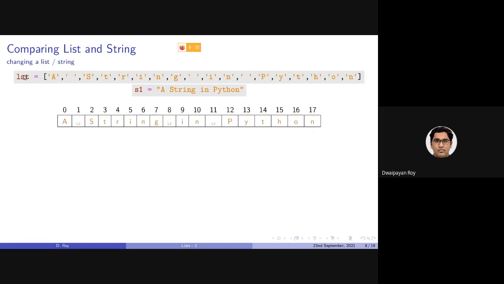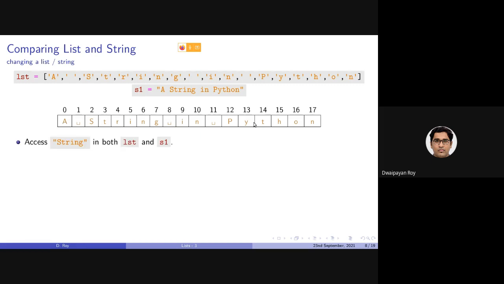So this LST is containing a string in Python, and this S1 string is containing the same thing, a string in Python. If we want to access them, we can of course use the index value or the negative index value to access the individual items in this list or the individual characters stored in this string, right?